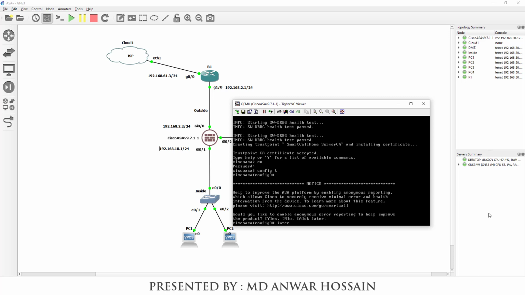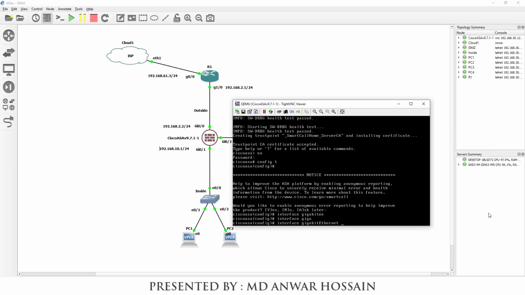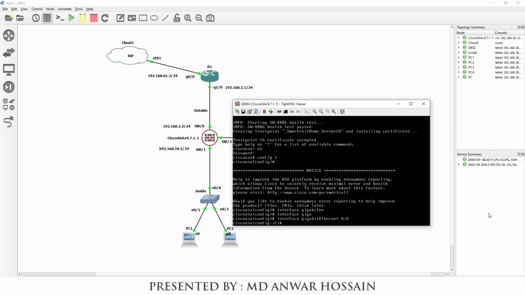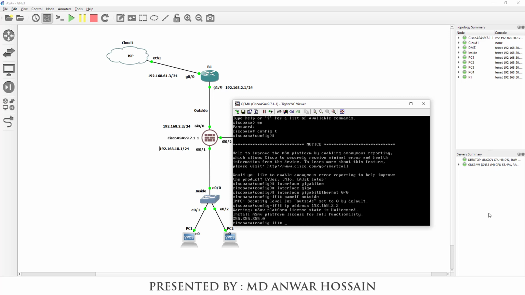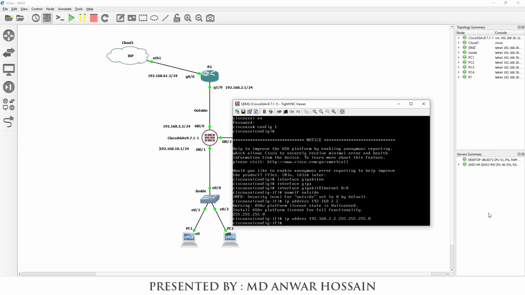Interface GigabitEthernet 0/0. Nameif outside. IP address 192.168.2.2 and the subnet mask followed by 24 bit of mask, 255.255.255.0. No shut.